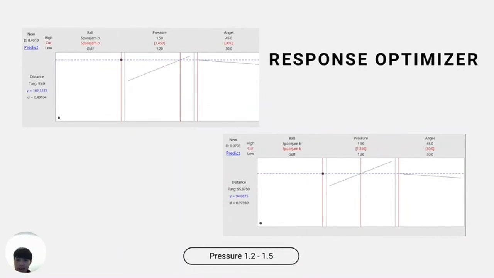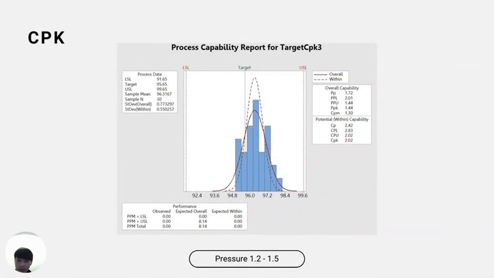Response optimizer: we are able to put the target that we want and calculate the pressure, angle, and ball that are suitable for our experiment. The CPK value is the process capability index, but the experiment is the accuracy of the shot, which determines the distance, sigma equal to x centimeter within the upper and lower spec